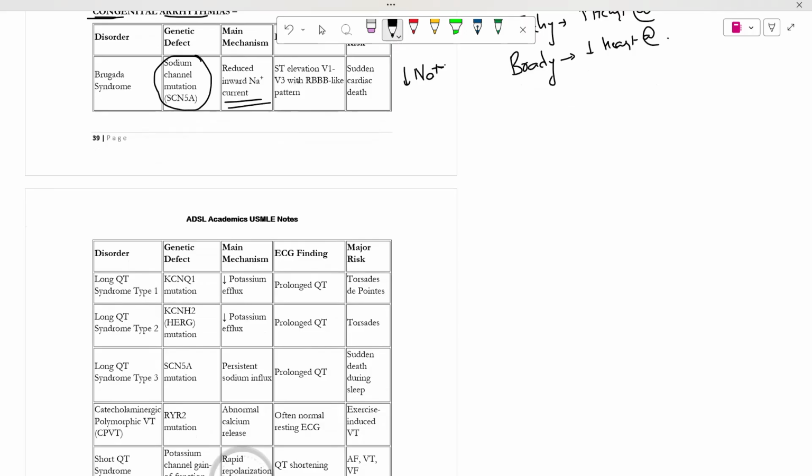If you look at the ECG, you will see in leads like V1 to V3 ST elevation, and whatever you saw in the right bundle branch block, that kind of pattern you will be able to see. Now the importance of this is that this is one of the causes of